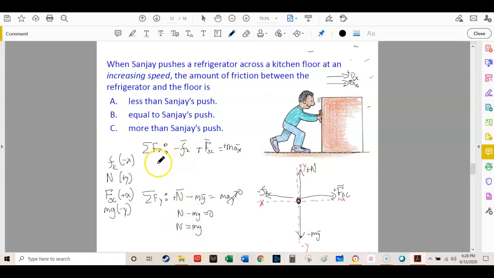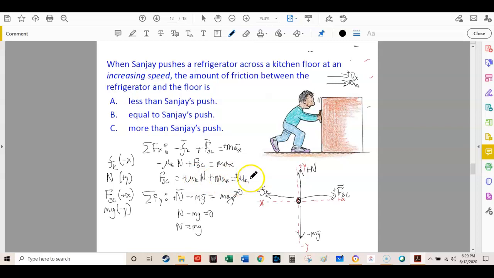Well, friction force is equal to negative mu sub k times the normal force, and that's equal to Sanjay's push equal to mass times acceleration in the x direction. So I'm going to bring this component onto the other side. I'm bringing the frictional force onto the other side, and that's equal to the friction force, which is now positive, times the normal force, plus mass times acceleration in the x direction, which, if I plug in this part right here, the friction force can be rewritten to be,